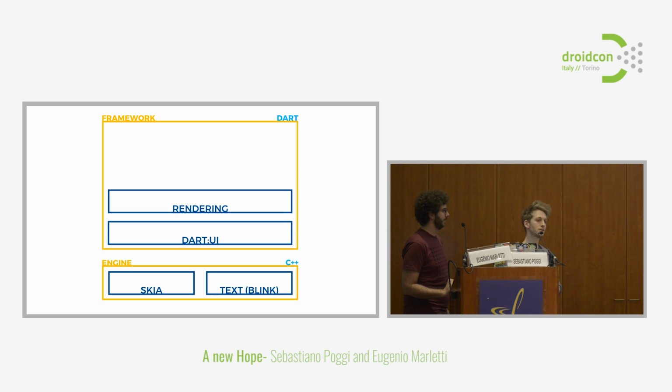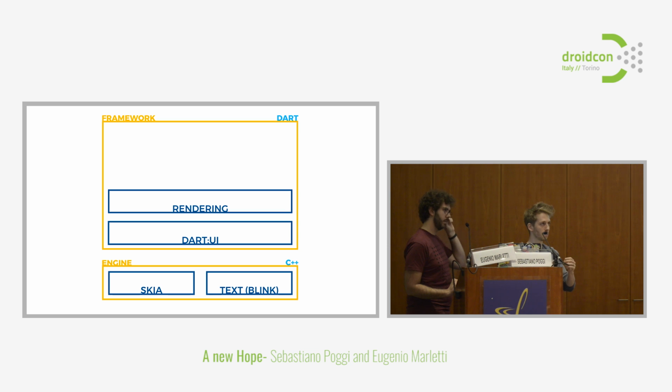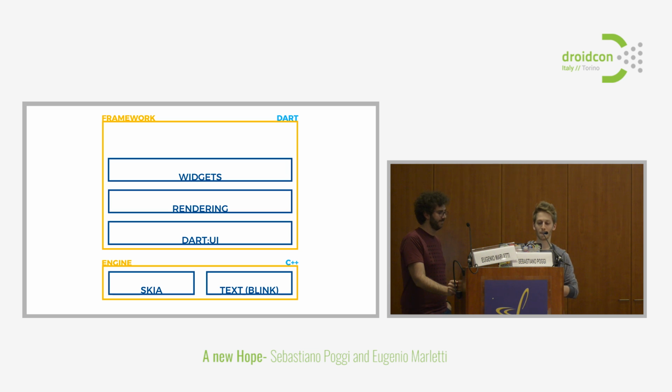But it always has one huge problem, which is you always have 2 phases for declaring your UI. You first create it. What in Android would be either programmatically creating views or inflating them from XML. And then you probably want to change the data. So you want to bind to this view and essentially manually keep the binding updated between data and what's displayed on the screen. This is why they created an extra layer, which is the good part, in our opinion. It's a widgets layer. This is inspired by React. This is the optional functional reactive framework. And we're going to see how well it works and why and what it does.